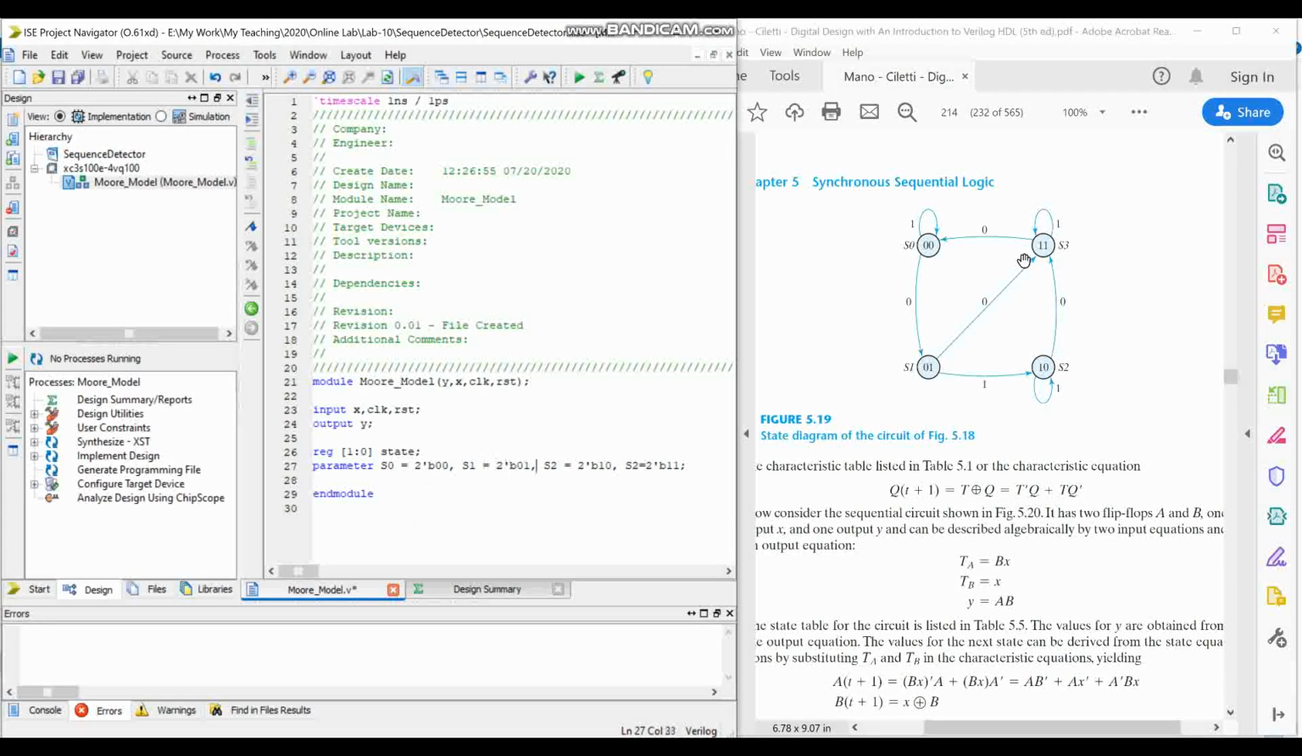or you could also call them identifiers. So basically these are constants, right? So this S0 is a constant that represents 00, S1 is a constant that represents 01, S2 is a constant that represents 10, and S3 is a constant that represents 11, right? Okay, so now let's